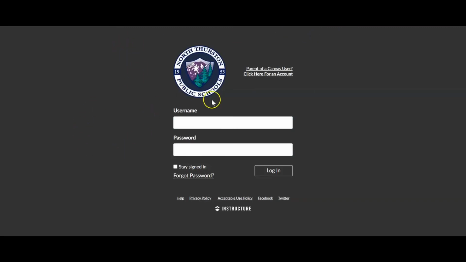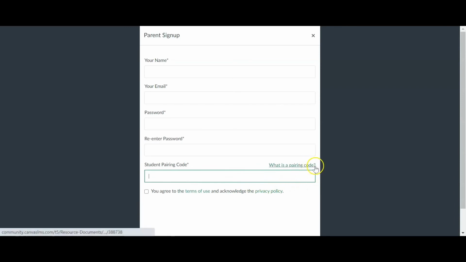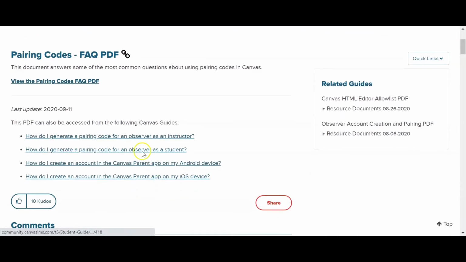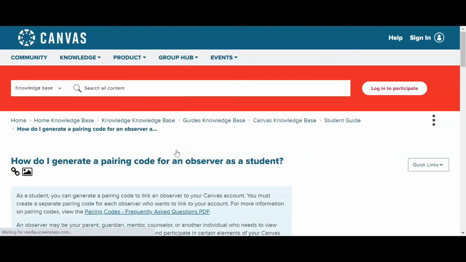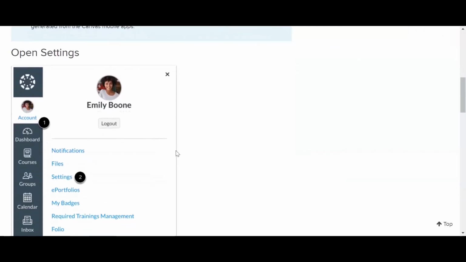Canvas also provides parents and guardians with the opportunity to become observers of their students. As an observer, you can log into Canvas, see each of your child's classes and the learning content shared by the teachers, as well as monitor your students' progress and participation. We highly encourage you to become a Canvas observer. Perhaps not right now, it's your homework for another time, but in a time of so much uncertainty and so many challenges in communication, this provides a powerful solution that helps unite students, parents, and teachers, building a better team ready to empower the learners that are at the heart of our school and